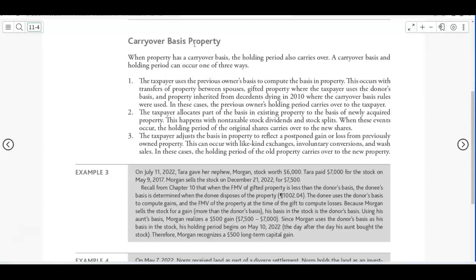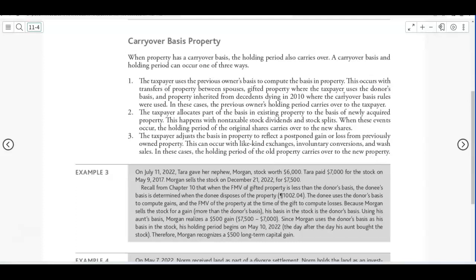How about carryover basis property? When property has a carryover basis, the holding period also carries over. A carryover basis and holding period can occur one of 3 ways. The taxpayers use the previous owner's basis to compute the basis in the property. This occurs when transfers of property between spouses,